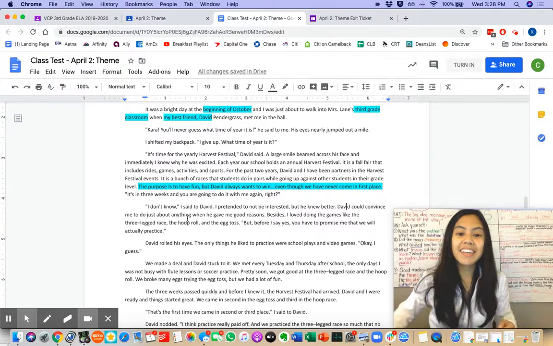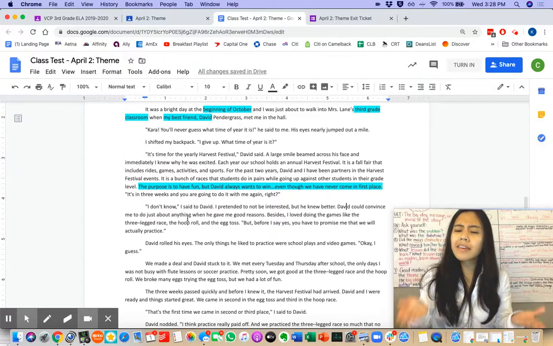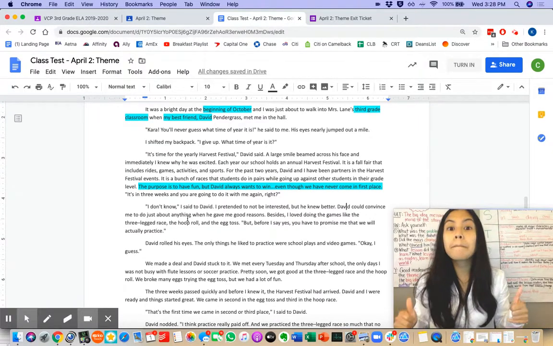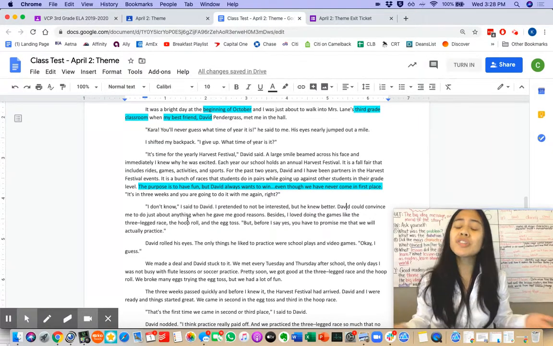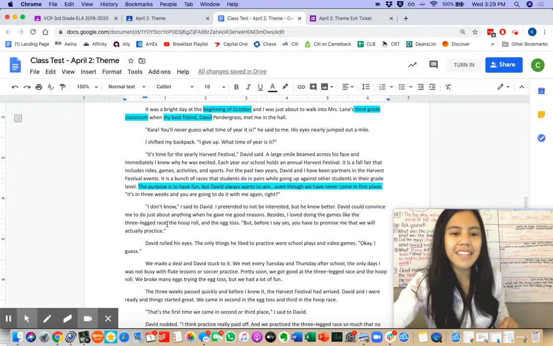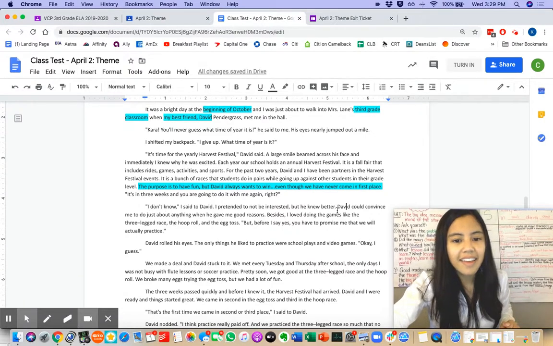Scholars, it sounds like Kara is a little unsure if they will win, but seems to enjoy the festival and thinks they might do okay if they practice. Let's highlight our evidence.